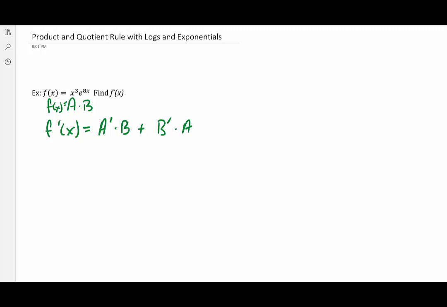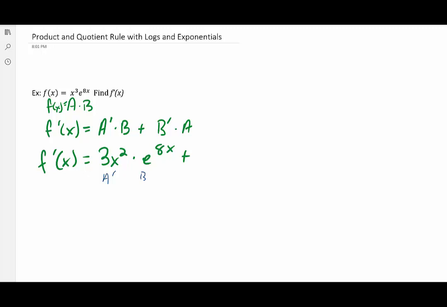So our derivative will be, we have to take the derivative of x cubed, because x cubed is our a in this. E to the 8x is our b. So the derivative of x cubed is the 3x squared, and then that multiplies e to the 8x. Okay, if you want to label, that's a prime times b plus,